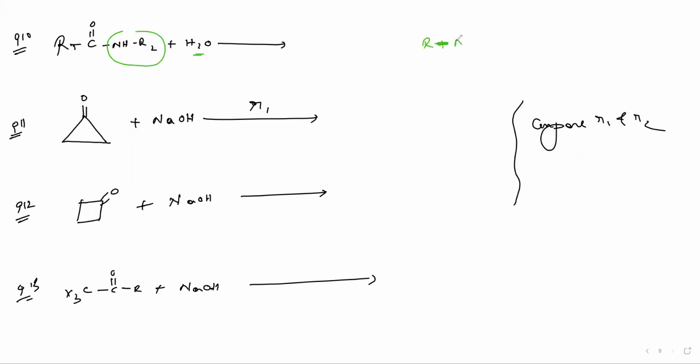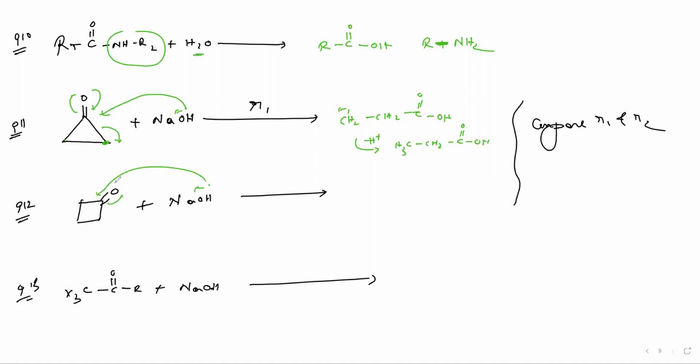So you get RNH2 and the other stuff is RC double bonded O OH. Here OH minus comes here, this one comes here, this one here, this one here. So you can write CH2, CH2 minus CH2, C double bonded O OH. Again, when this takes one H plus ion, it gives CH3, CH2, C double bonded O OH. Again, OH minus comes here, this one comes here. So you get a similar type of compound, so only one carbon increases.